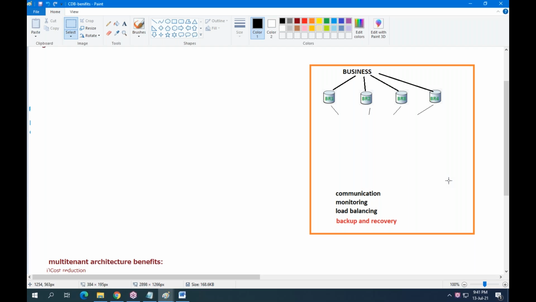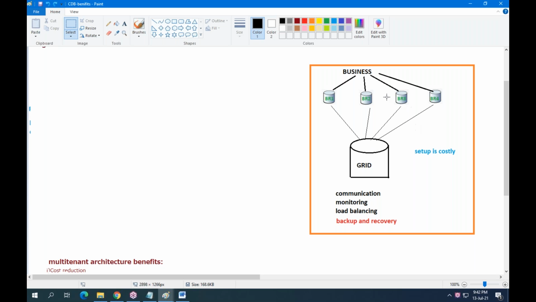Instead of that, you can maintain one grid database server. All the servers are connected to the grid server. Then from the grid system, one person can manage all the servers. And through grid, you can provide communication between servers. Through grid, you can balance the workload or data load on each server.